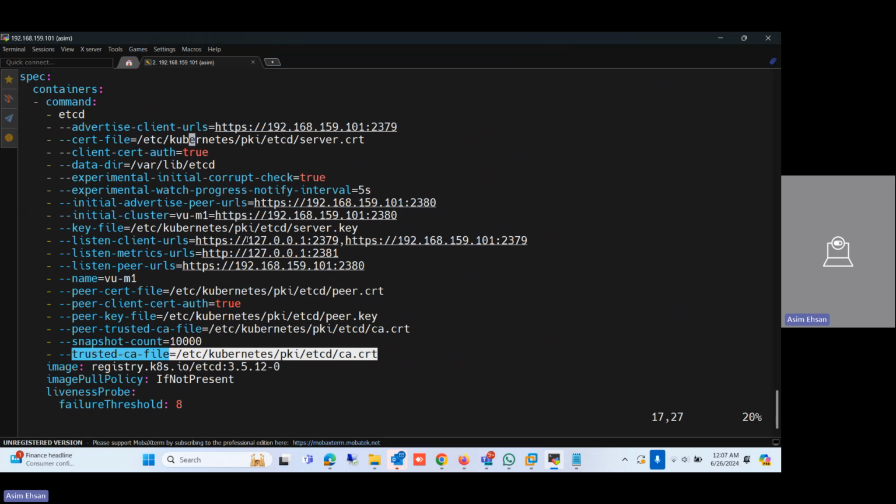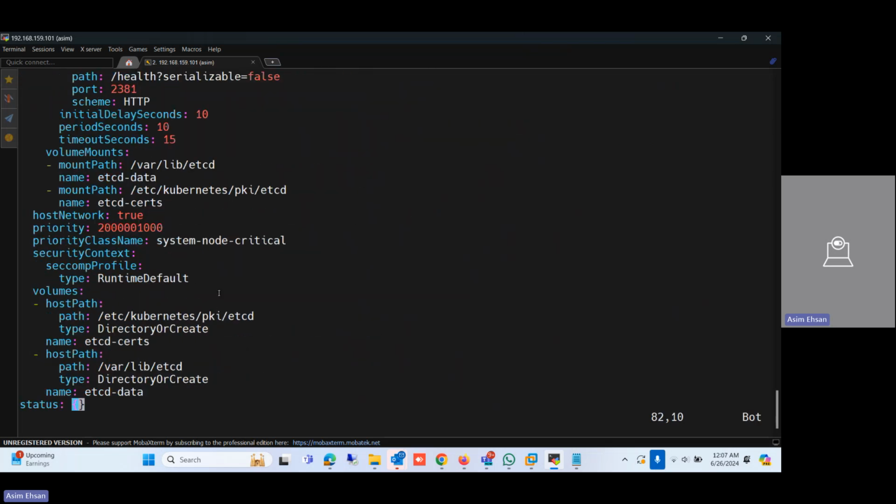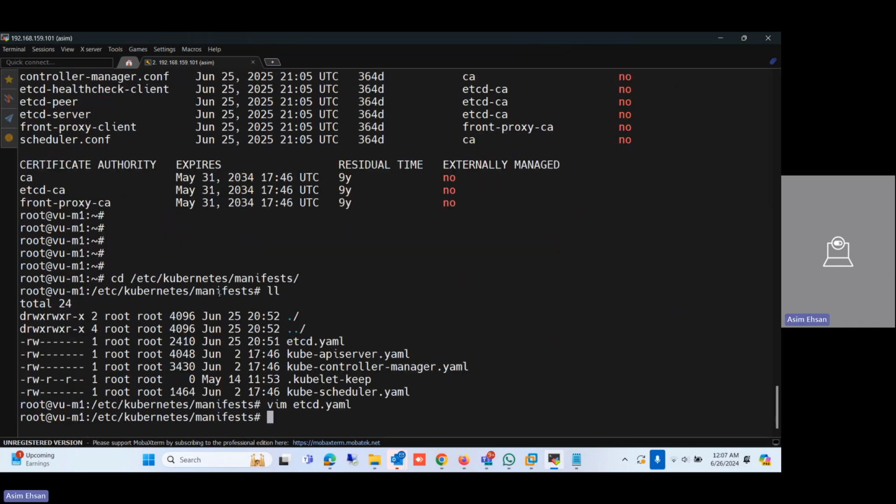So these are the three files we need when we manage our etcd database. The rest of the certificates are also available, just for their specific purposes. But these are the certificates that we can use when we interact with etcd. So if I go again to any other manifest, like